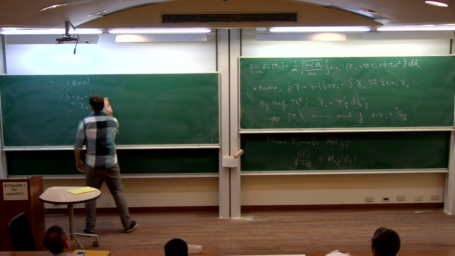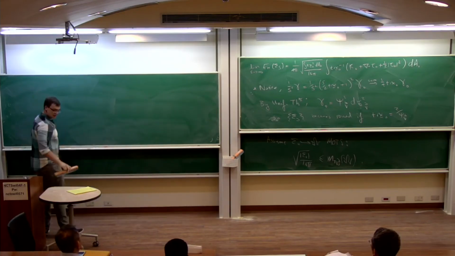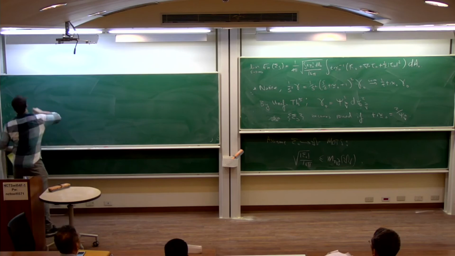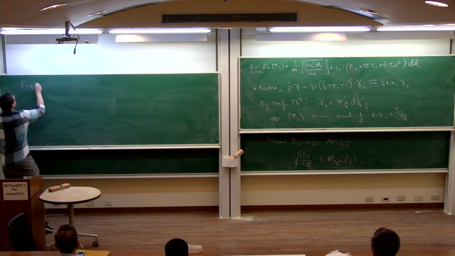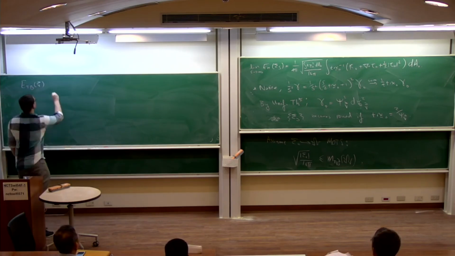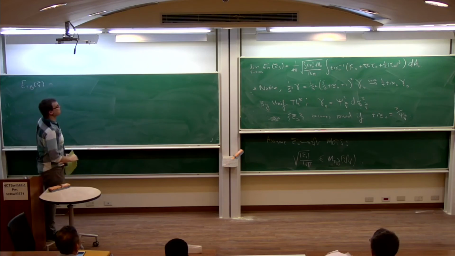All right. And then what do I get for my Hawking energy? That means that my Trautman-Bondi mass, which will depend on this decomposition at the MOTS, is given by 1